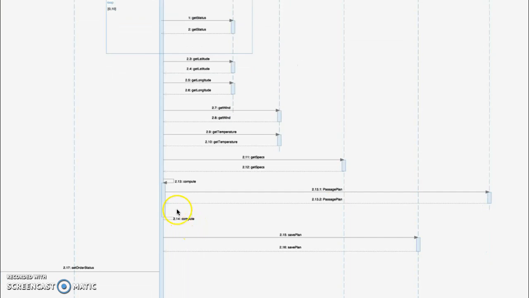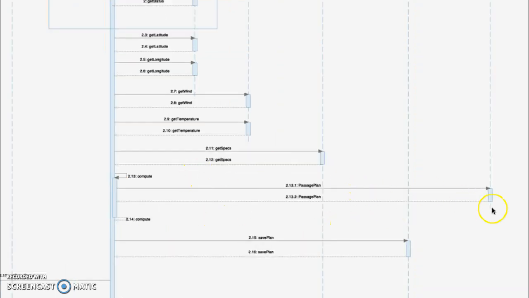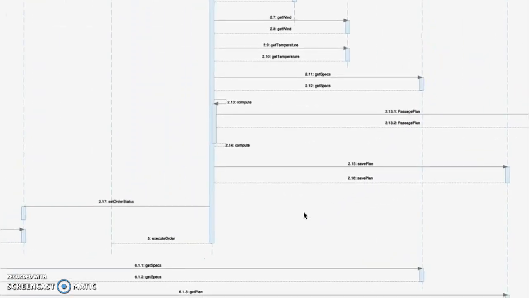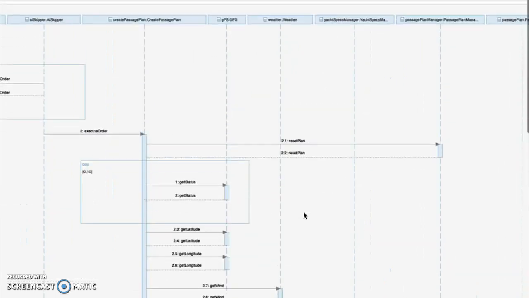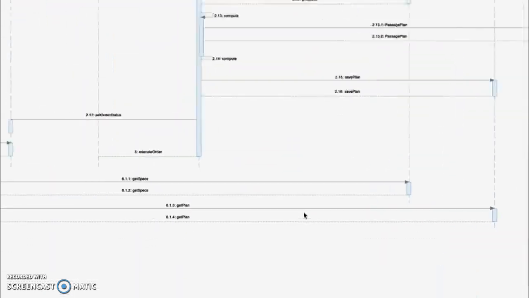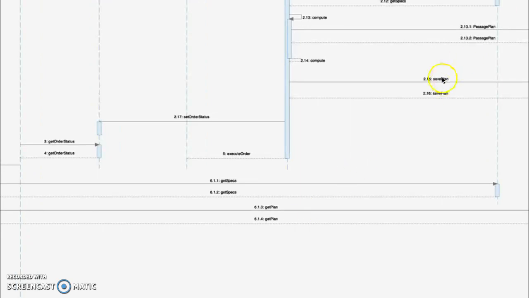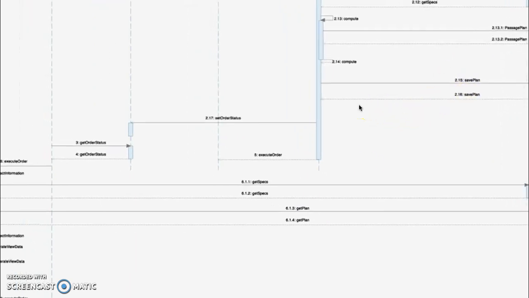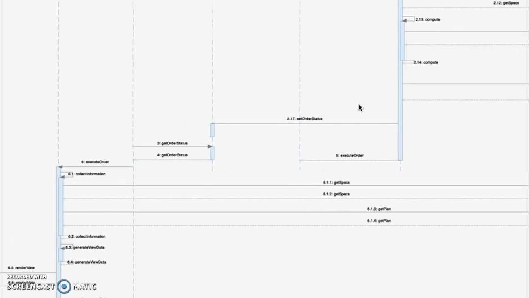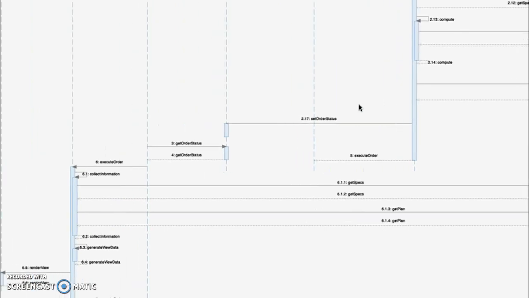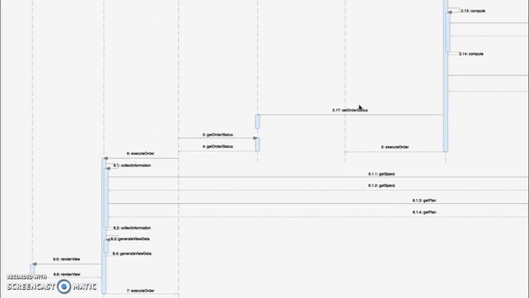When all the variables are obtained, the create passage plan command can run the compute method, which will create an instance of the passage plan DAO object, and this object now can be saved into the passage plan manager by running the save plan method. Next, we will set a new order status in the orders manager queue, and when the captain reads statuses of the given orders,